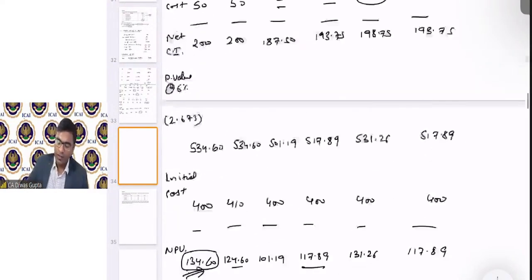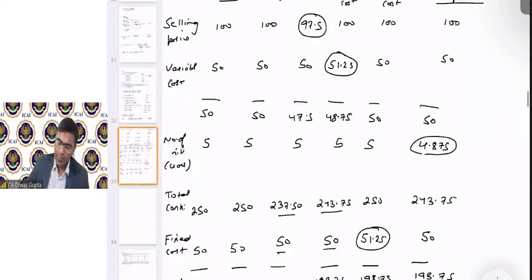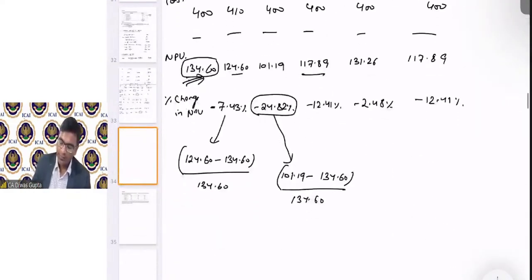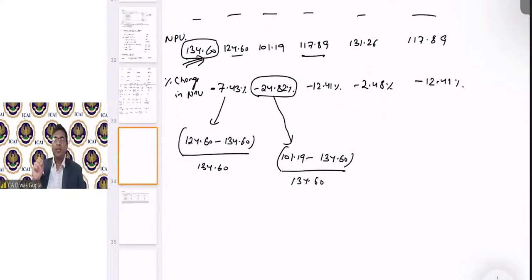So which is this 24.82? 24.82 is the selling price column, which is the C column, right? So we can say that if the selling price moves by 2.5 percentage, it has the biggest impact on the project. Hence, the project is most sensitive